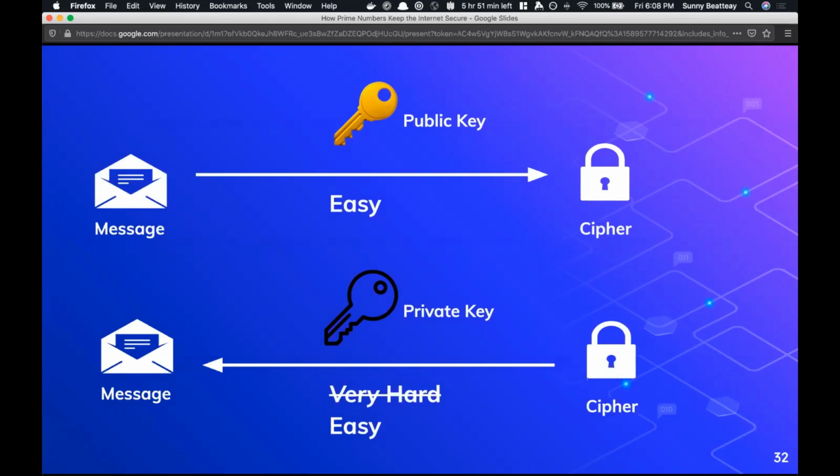So a trapdoor function is a one-way function that only operates in one direction unless you have a special piece of information. So in this case, the trapdoor or the special information is the private key. Since Bob has the private key, he's able to decrypt the cipher back into the message. And there's a known way of decrypting with the private key, so it's a very easy process. So this is how Bob is able to decrypt the cipher without Eve being able to.